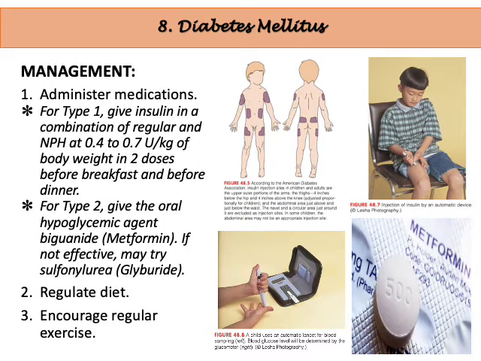Management for diabetes mellitus is a combination of administering medications, diet, and exercise. First, when giving medications, it depends on the type. For type 1 diabetes, giving insulin in a combination of regular and NPH is a common maintenance dose. It is usually at 0.4 to 0.7 units per kilogram of body weight in 2 doses before breakfast and before